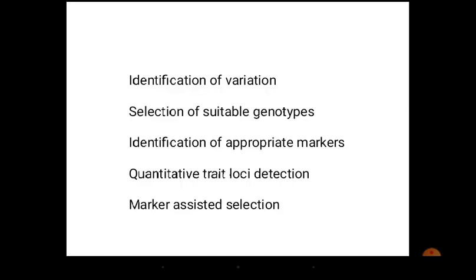this is intervention by manipulating genes. What it does is, instead of waiting for the trait to express, we try to identify the variation in the economic character itself, that is, we have animals producing 10 liters, 5 liters, 6 liters, like that. So we try to identify the variation at the economic character level, then we come down to the gene level, so that we will identify some alleles which are specifically associated, just like qualitative genes,